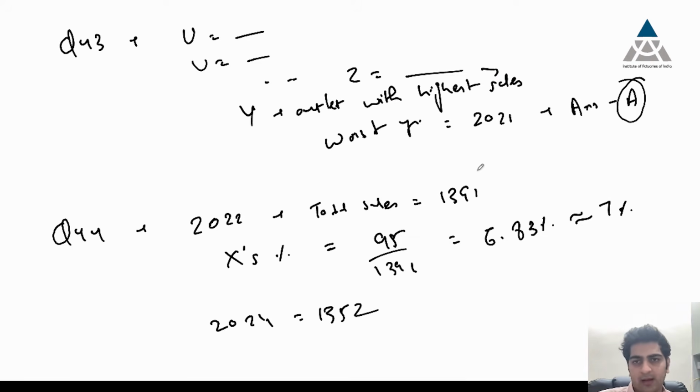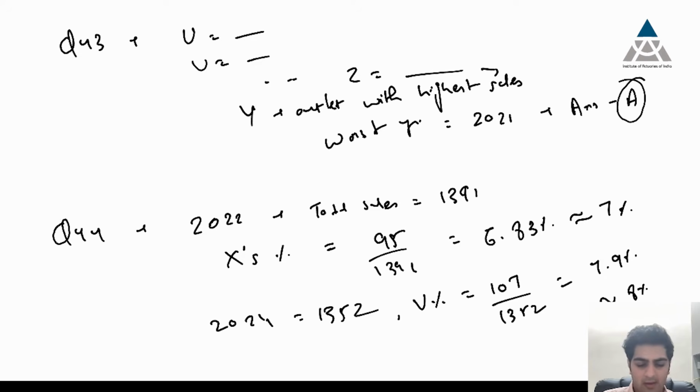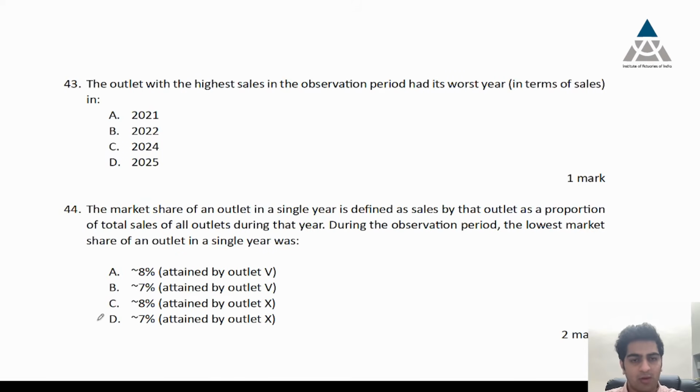You can already understand that this was 1391. So the total sales have fallen. V's sales are more than X's sale in 2022. So naturally V's percentage would be higher only, but we'll just calculate it. That's 107 over 1352, and that is simply 7.9%. So approximately 8%. So for the respective worst years for X and V, we calculated what was their market share in those years, and we see this 7% by X was by far the worst by any participant, and that was in 2022. So we can then go with the answer 7% attained by outlet X, which is